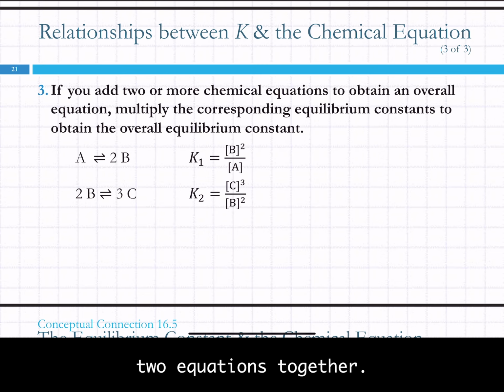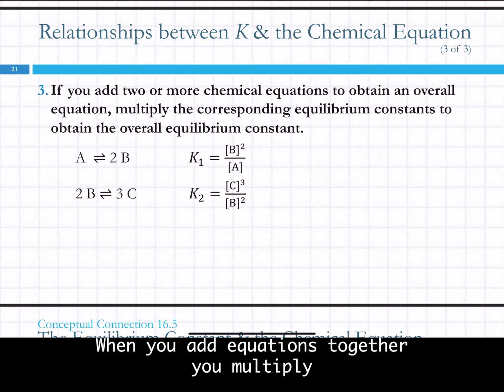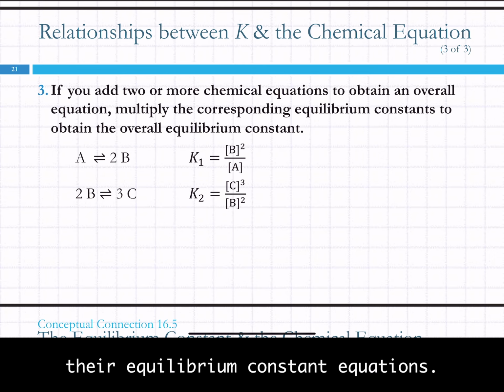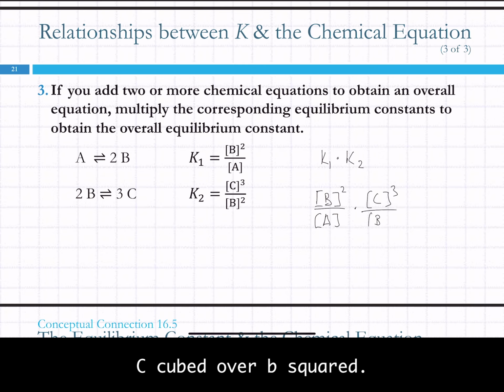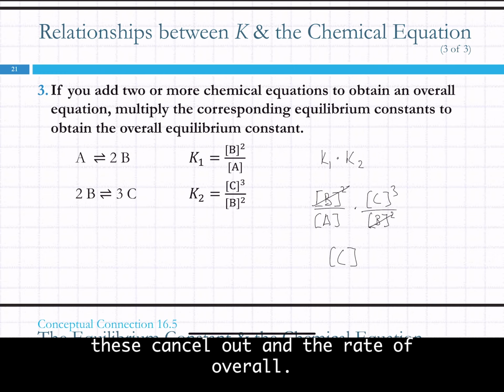And we can also add two equations together. When you add equations together, you multiply their equilibrium constant equations. So this would be K1 times K2, b squared over a times c cubed over b squared. So then these cancel out, and the rate of the overall